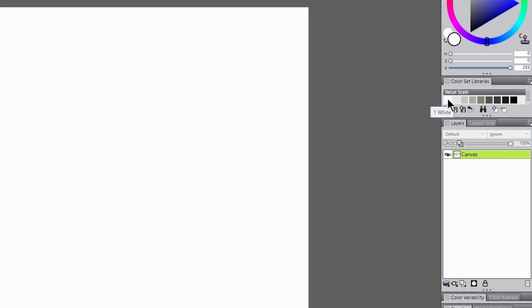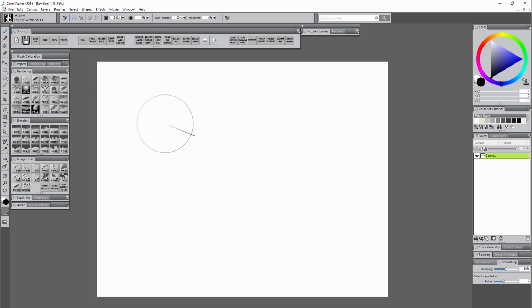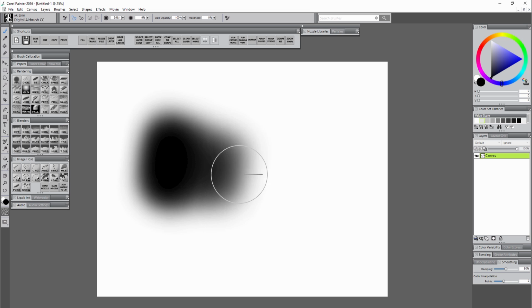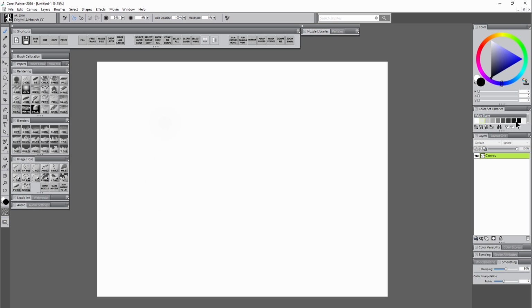So this is a value scale that's a 9-step value scale, and it goes from white to black in these 9 increments here. Now this is something that people use a lot in traditional painting because it gives you all these different steps so you can get a nice broad range of colors. Now you could also achieve this using blenders or airbrushes to get a transition, but sometimes it's just easier to